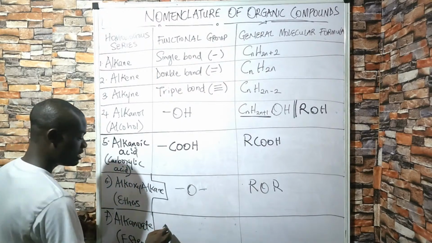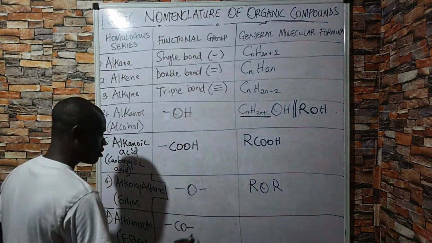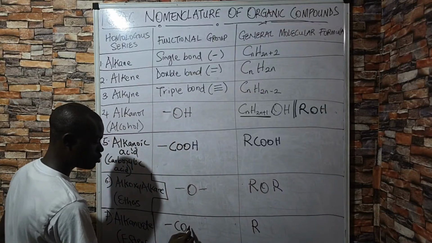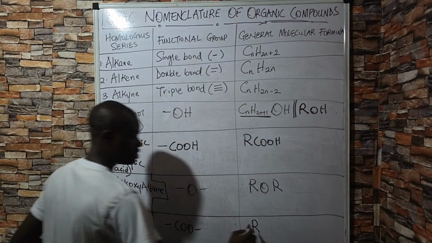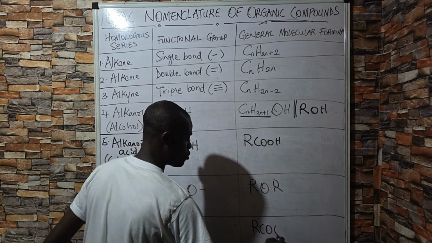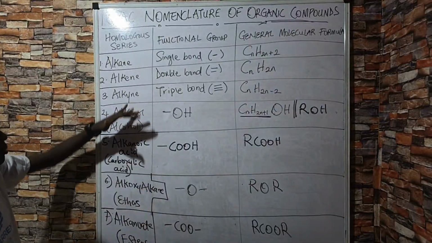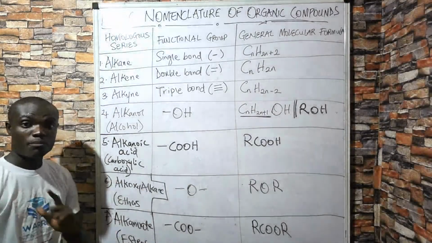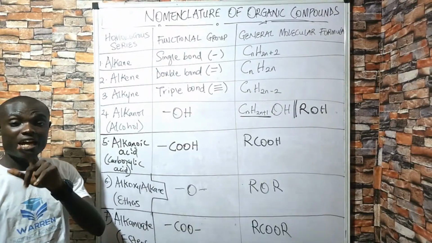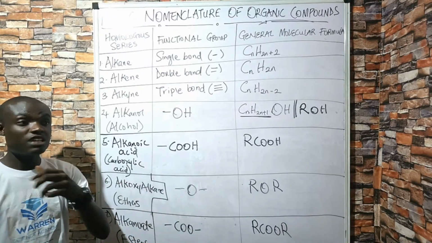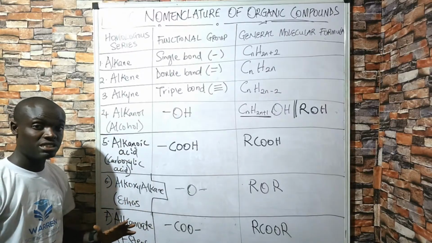So this is the CO. For this it is R-COO-R. So we have this compound, we have listed 7, but there are more than 7. When I go behind the screen, I'll check for questions, comments, or any suggestions, and thereafter I'll return back to the board to complete this table.